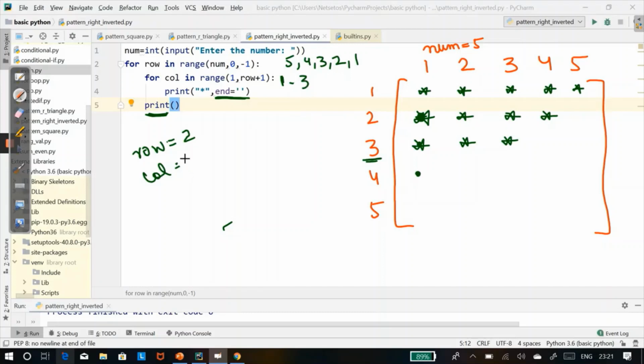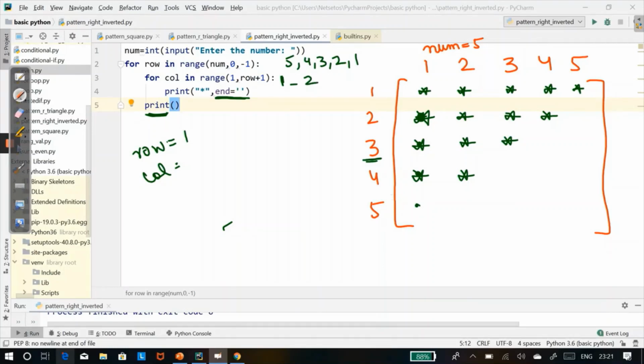So column will run for 1. Here it will print star, then 2 print star but in the same line, then 3 it will say this is the limit, you should go out of the loop. So the cursor will come here. Now row will be 1. Now column will run from 1 to row plus 1, which is 2.